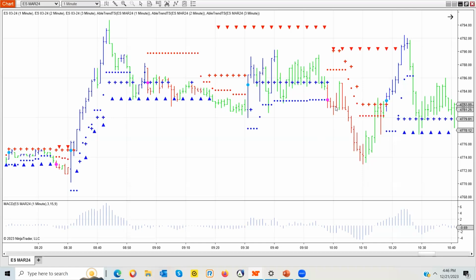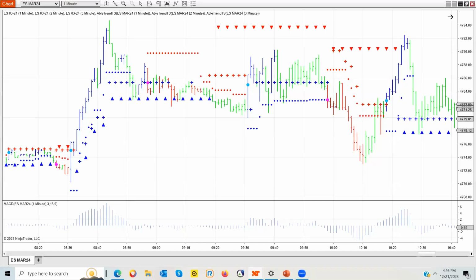So we've got a triple agreement sell signal over here. We got the red arrows, that's a 3-minute sell. Got the red cross, and the first time they come in is when you want to get in. Not down here. Obviously, we don't want to chase after it because you might say, well, there's triple agreement. Can I get in here? No, you want to get in the first time they all agree because that's the start of a triple agreement,